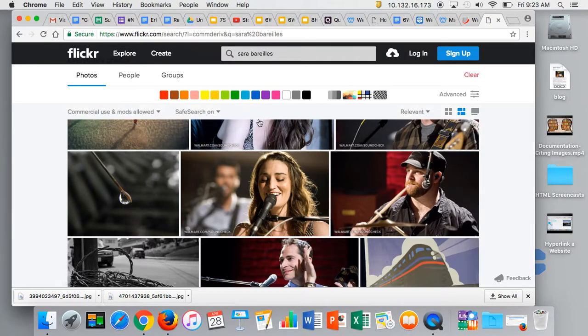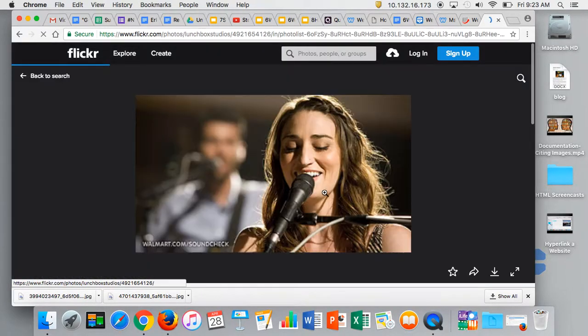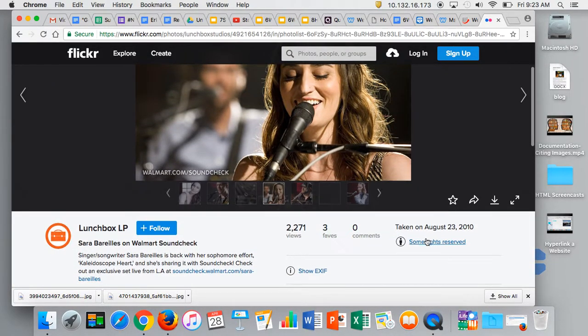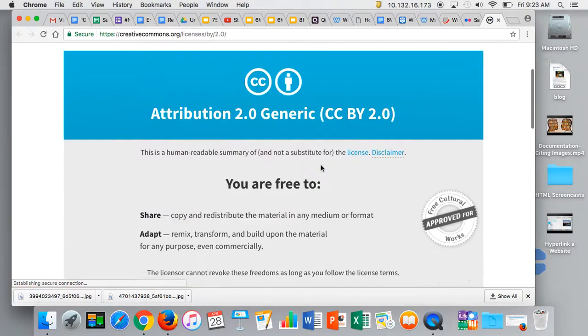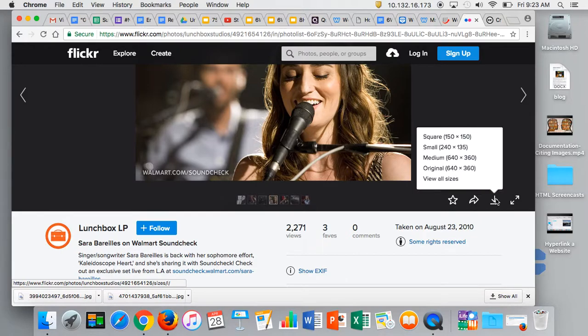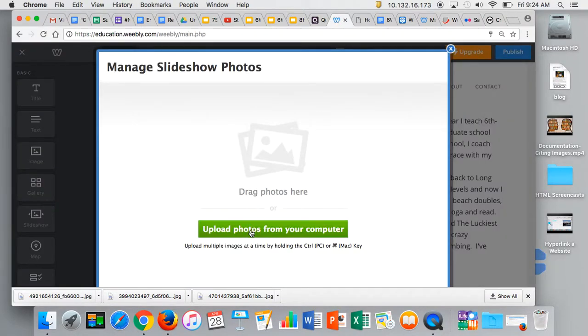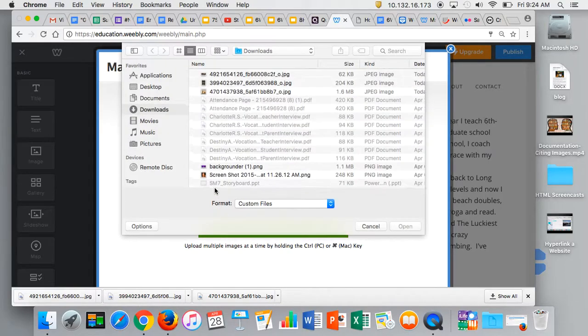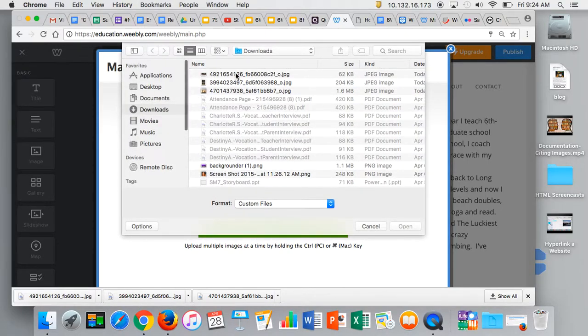Cool, so I went to Flickr, I found an image, I click on it, I check the rights, and as it loads, I can see I'm free to use or share. So I can download the image, original size, pops up on the bottom with my footer, come back to my website, and I can start uploading my photos from my computer. So I click upload, I'm in downloads, it should be my first image, I choose open,